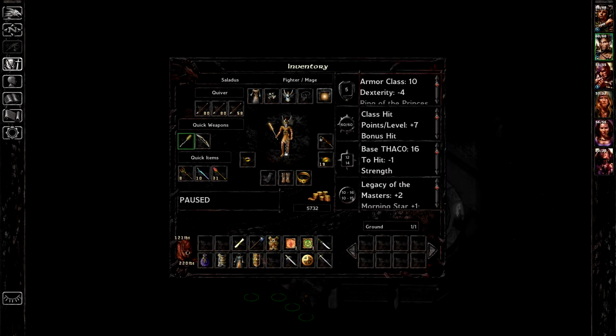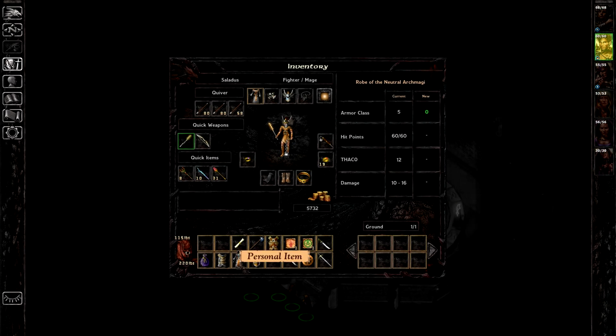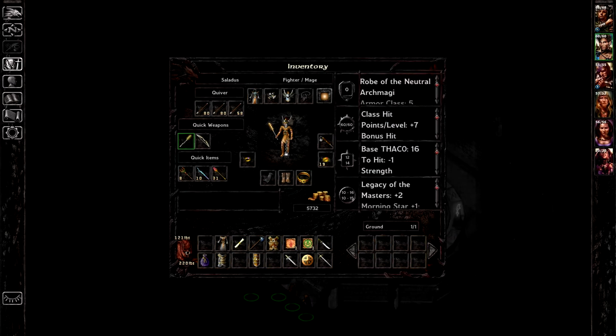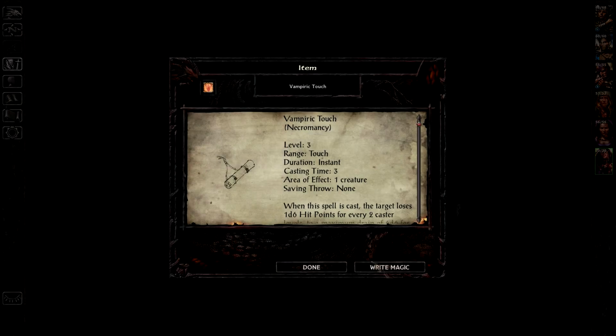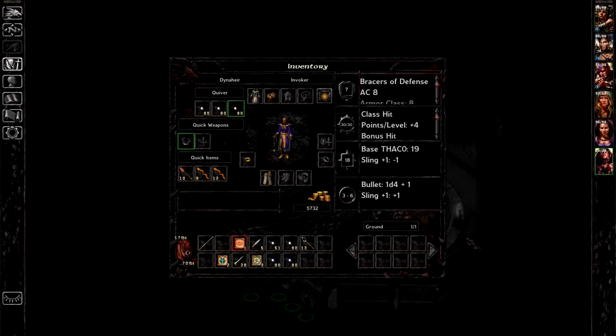All right, so that is done there. As you can see, it does lower his armor class by 5, so I'm going to say that is worth it just on that alone. All right, so I'm going to have to sell that. You can learn Detect Evil and Vampiric Touch. All right, let's go ahead and...